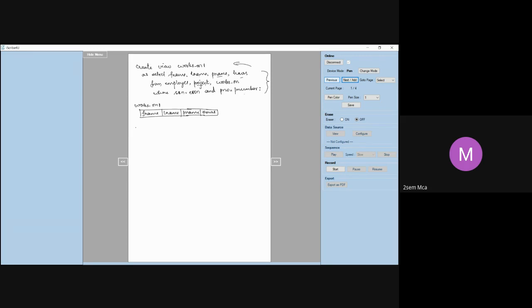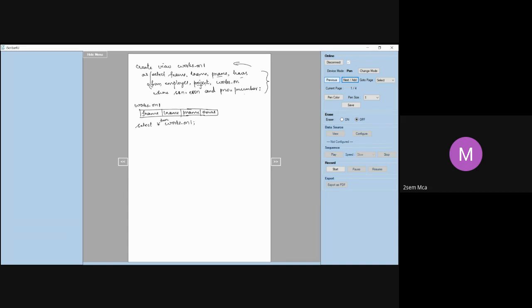Now I can simply give a query saying select star from works on one. This will give me all the details, so every time I need not write this whole thing: select F name, L name, hours from these tables where SSN is equal to ESSN, P number is equal to project number. All these things I have put inside the view and created a view.